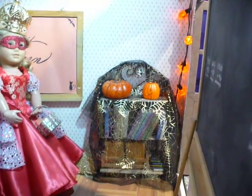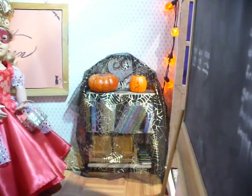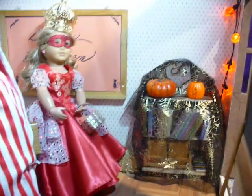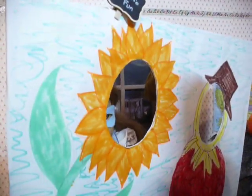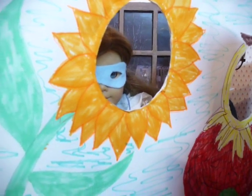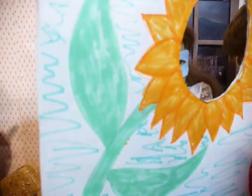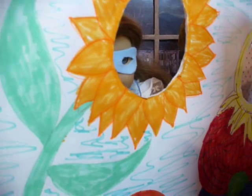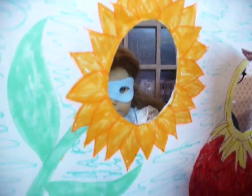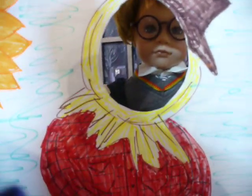Put a sparkly web drape over the books in the school book shelf, and over here on this one too. And here is a photo booth. We've got this is Fiona as Alice in Wonderland,